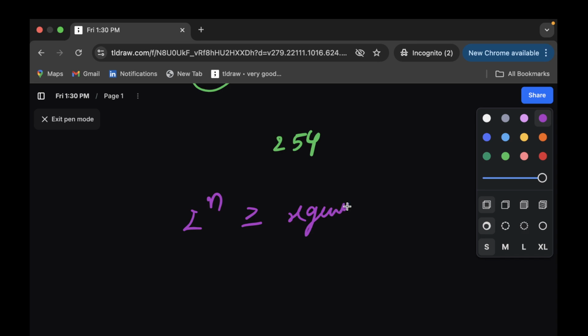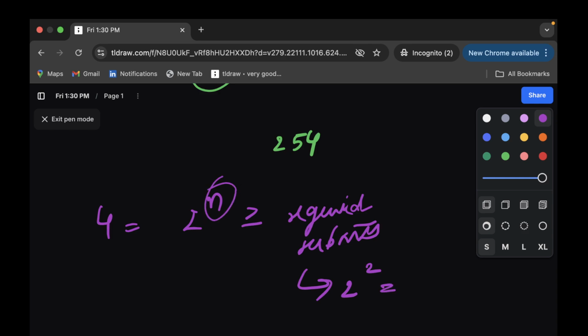This is like a mathematical thing. Required subnets: 2 to the power n. So if I want 4, I'm saying I need 4 subnets. If you compare, then my n is going to be equal to 2, right? Now I need to calculate my new subnet mask. So the new subnet mask will be